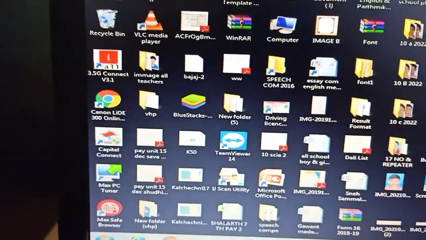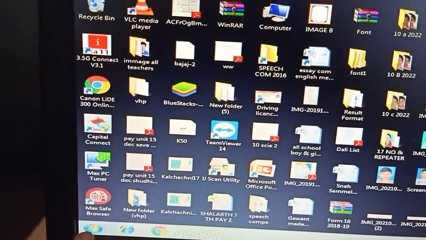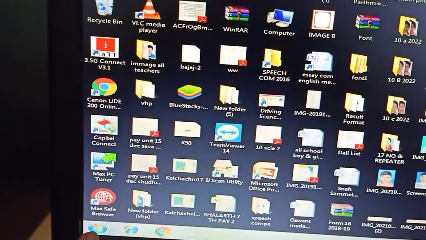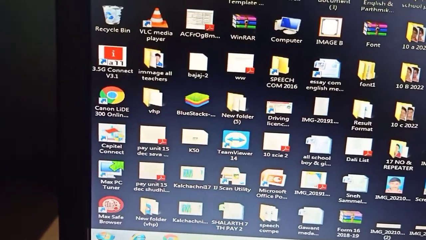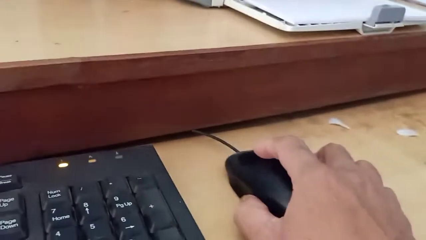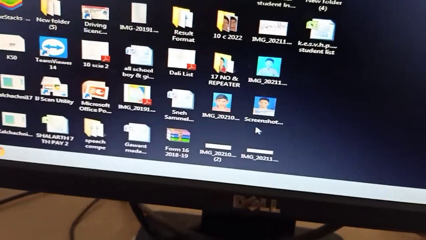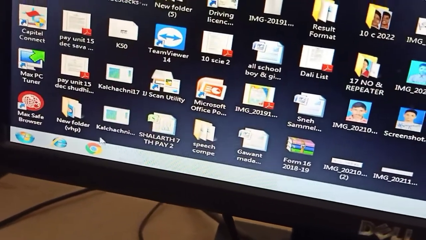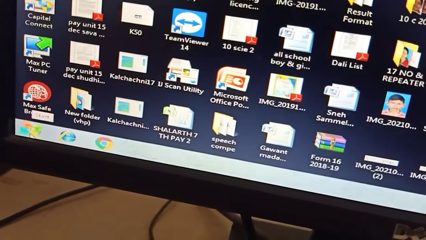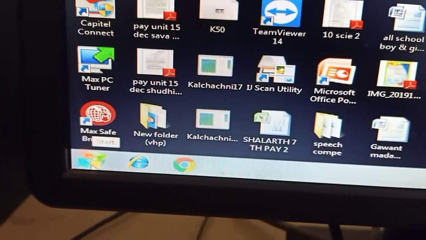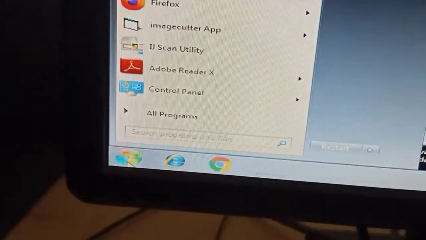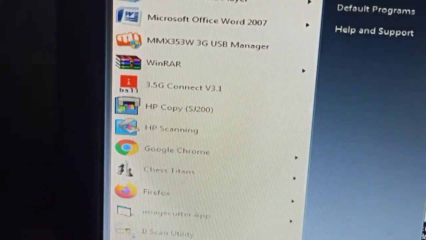In start, many software commands are present. By using this mouse, if you rotate it, we can place this cursor on the start button. If you click here you will get all these icons.